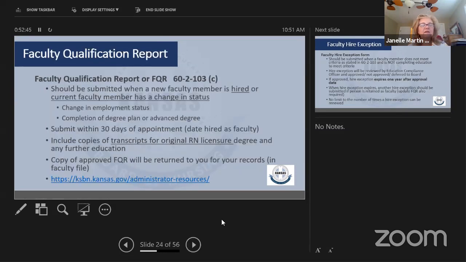So regulation 60-2-103 is the one that says that every new faculty member who is hired, or a current faculty member that has a change in status. And when I say a change in status, if they change from full-time to part-time, or part-time to adjunct, or adjunct to full-time, that's a change in status. If they go from an MSN to a DNP degree, that's a change in status. So those are the two things I can think of where an update